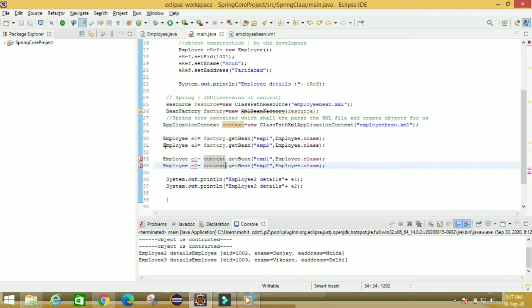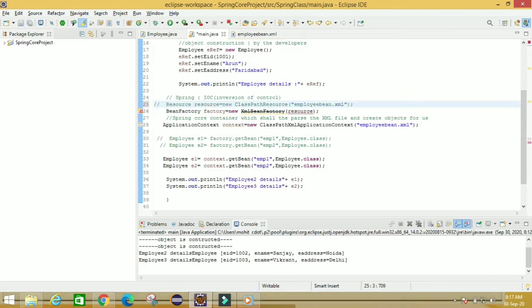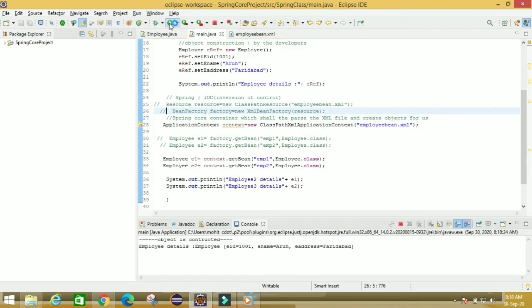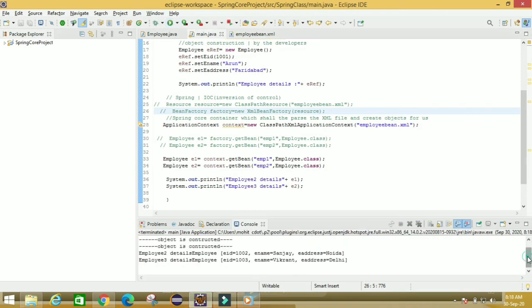Okay guys, now we will comment this and also comment this. Okay, now save the file and run this application. Now see what we are getting.